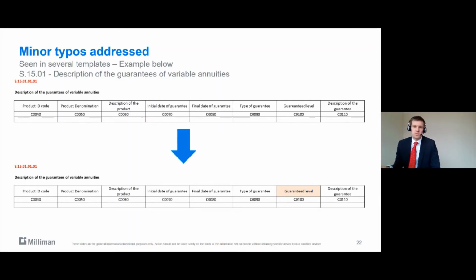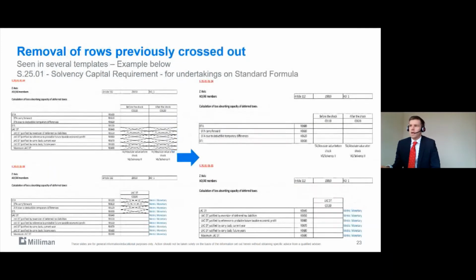So again, in the actual reporting templates, you'll see that updated. And then often you might have noticed if you're filling out QRTs in the past, there's a lot of these crossed out boxes. So you'll see there on the left, there's a few examples from S25 where there's crossed out boxes, and they're typically boxes that you don't necessarily have to fill in. So what they've done is they've actually removed those boxes to make it simpler. So again, if you have any kind of spreadsheets or formats outside of your QRT process, you have to bear in mind that these have changed around.